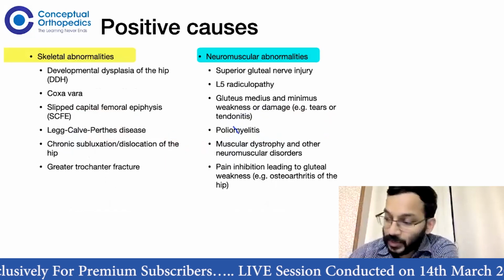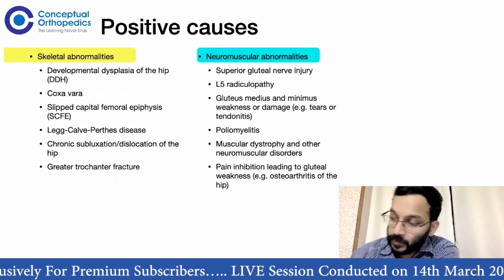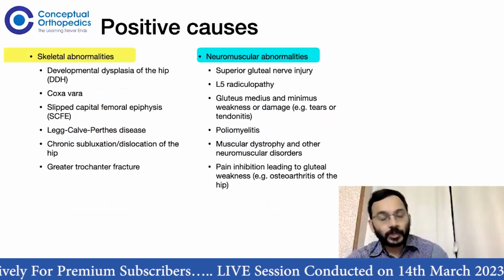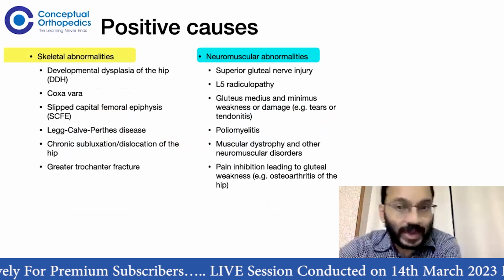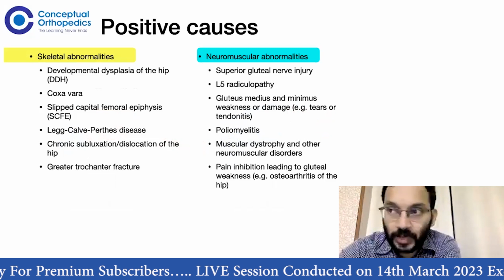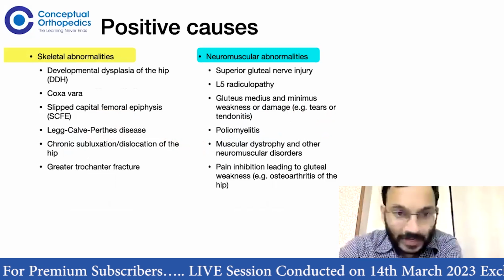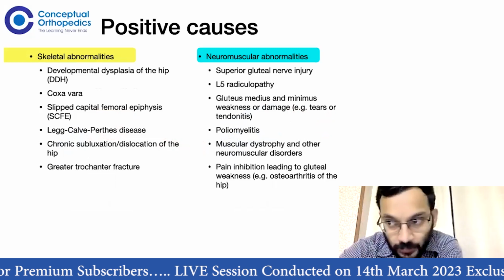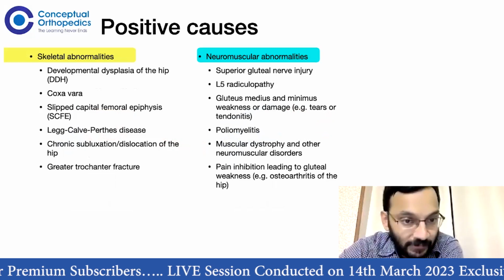So what are the positive causes for a positive Trendelenburg test? It can either be skeletal or neuromuscular. The skeletal problems are developmental dysplasia of hip, coxa vara, a short hip, a short coxa breva, SCFE, sequelae of